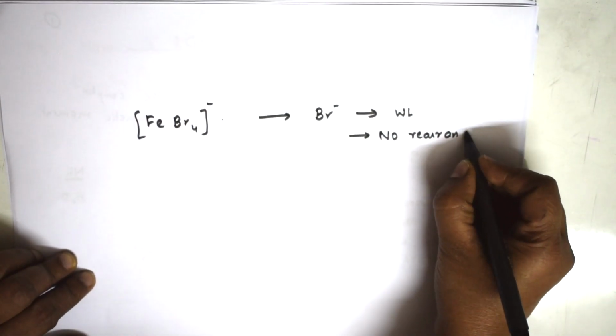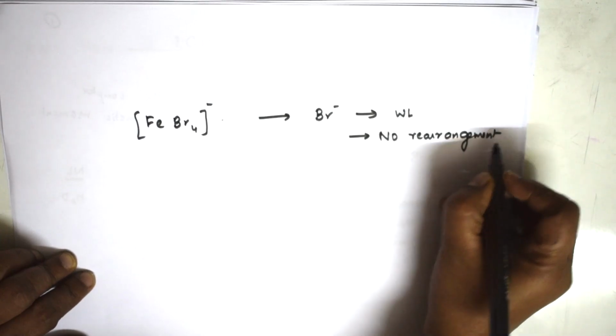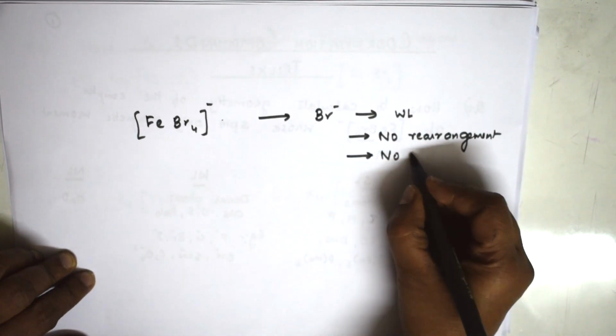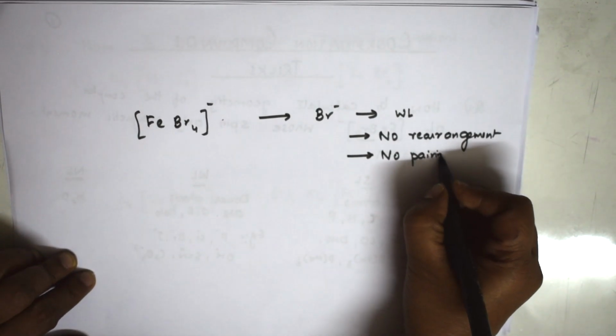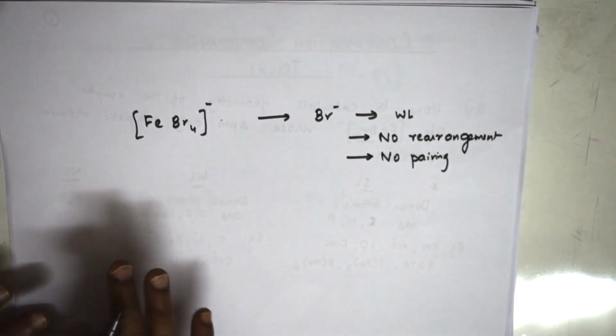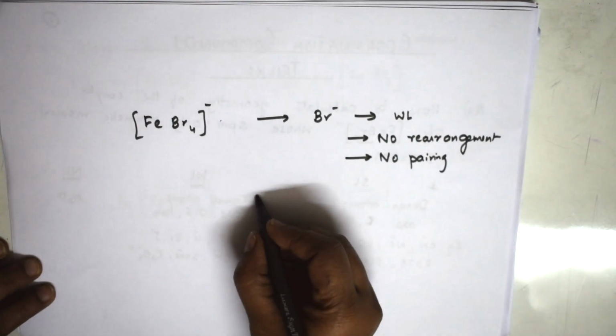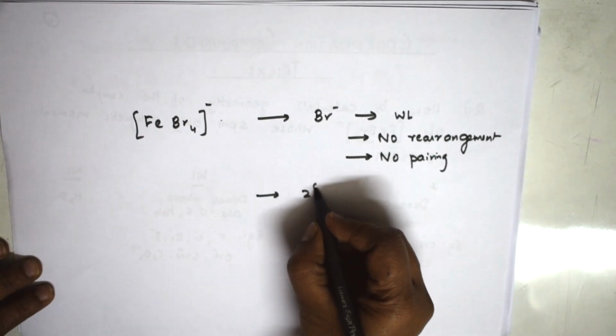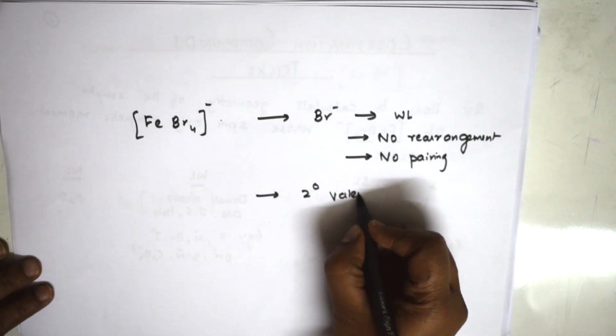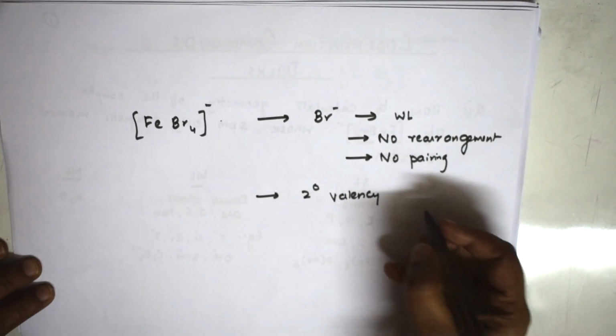No rearrangement or no pairing will happen. Okay. Or we will write no pairing happens. Correct. Now, second important trick, what you should remember, always you should remember the secondary valency is equal to the